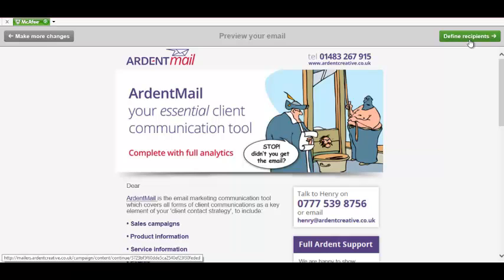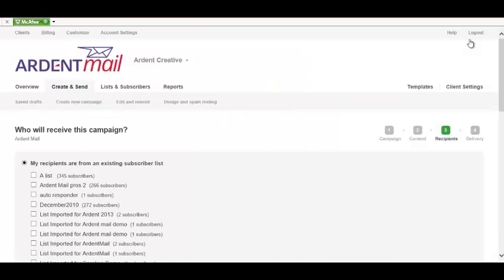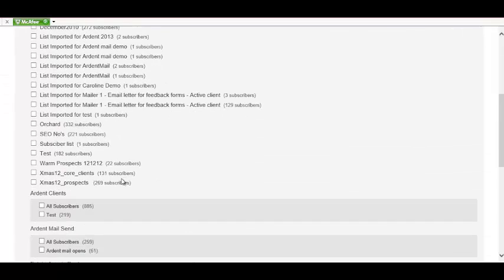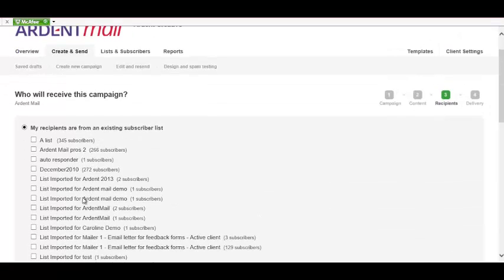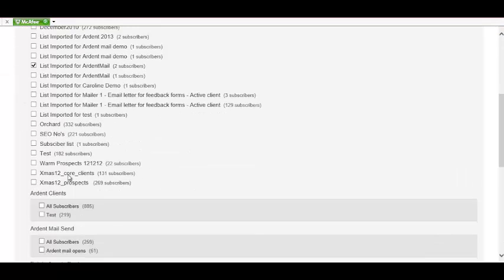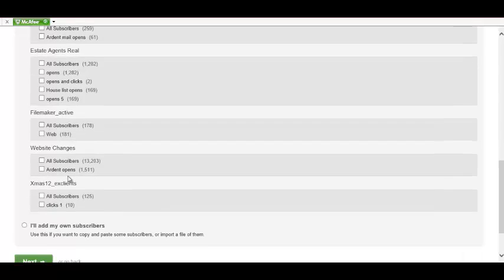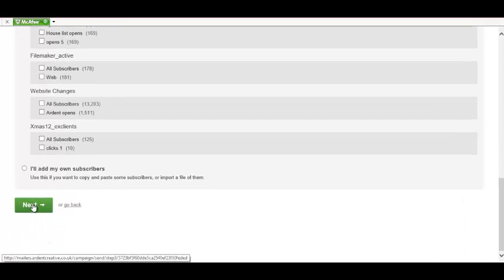Next stage is to find the recipients of it. So we're going to pick the list that we want to, and in this one, this is obviously just a quick test, so we've got a list purposely for that, but this is where your list will sit, so you pick the relevant one. So we've picked that, and now we're going to next,